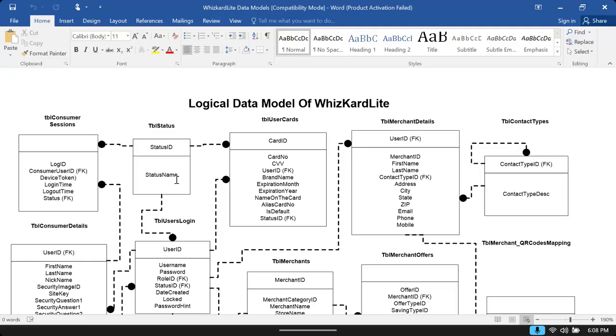That means first we have to identify the conceptual, then the physical, then the logical. That means what is in conceptual? Information about the modules. What is in the physical? Information about the data in every module and their data type. What is in logical? Information about the relationships between the modules.